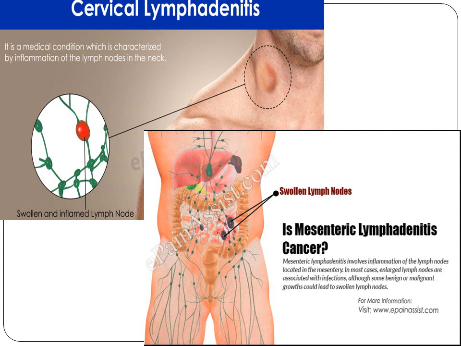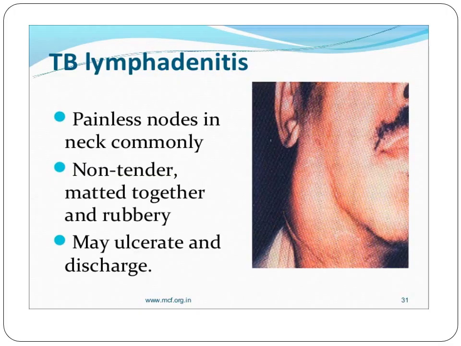Okay? And as I told you, this can even turn out to be a cancerous condition as well. This is TB lymphadenitis. Again, it's tuberculosis. So again, you can see how the swelling of the neck is there, and sometimes these nodes can be painless and non-tender, and very rarely they ulcerate and may have a discharge as well. Like they start to show some kind of drainage. So this is nothing but TB lymphadenitis.